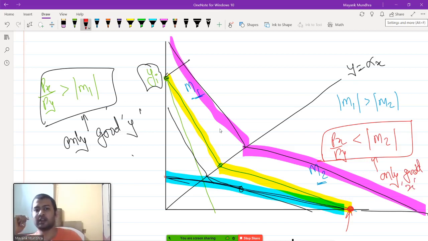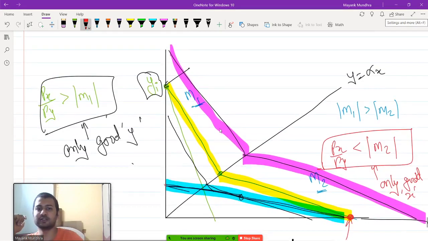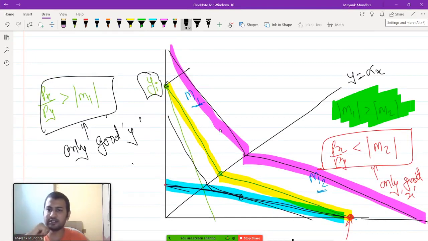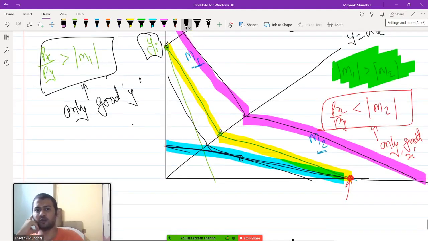And now the final situation is where the price ratio is going to be between these two values. So this is the situation which is given to me in this problem, where mod m2 is less than px upon py, which is less than mod m1. Now in this situation, what happens is that you will have,